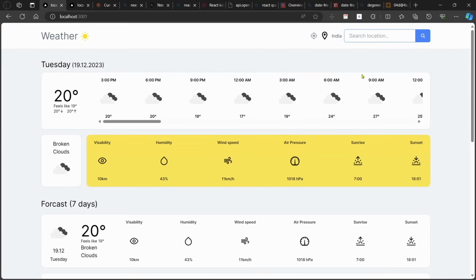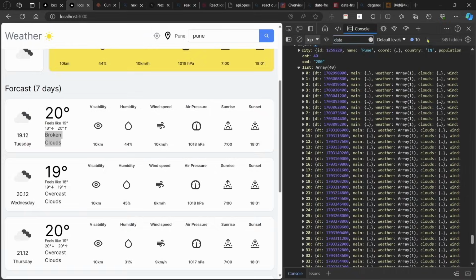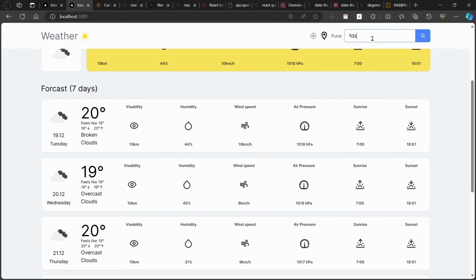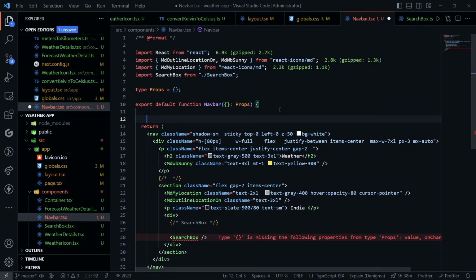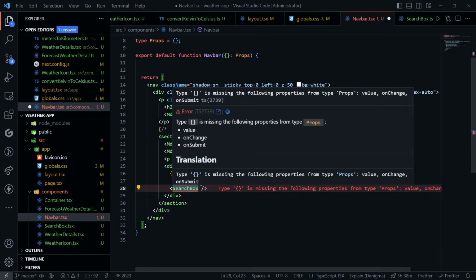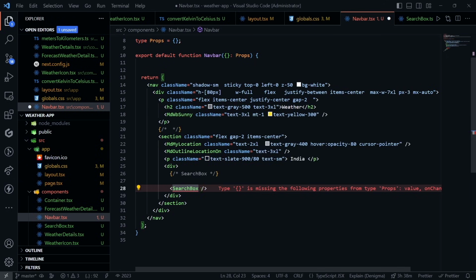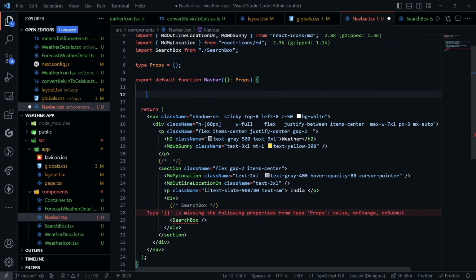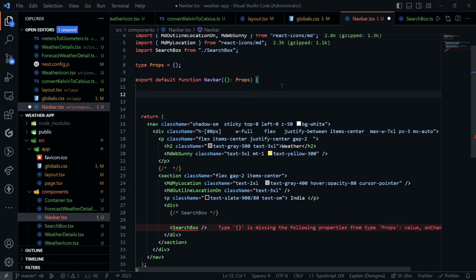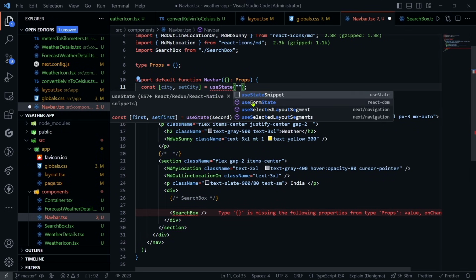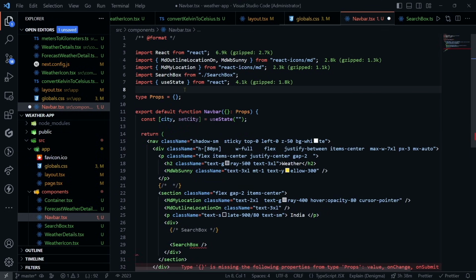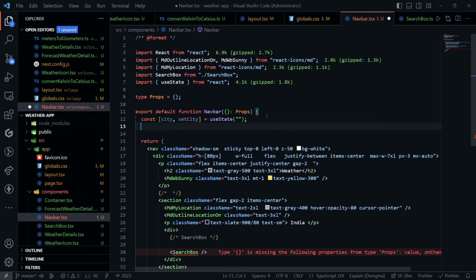And here what we need to do, if you can see on the final output, when I start typing like Delhi, you can see that we are getting suggestions. So firstly let's implement this functionality. For that we will create some useStates. First of all we need to create a state for this value and onChange. So here we will name this value city and setCity, and we have to also import our useState. So we will import useState from React like that, and we have to also